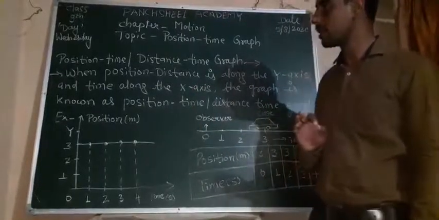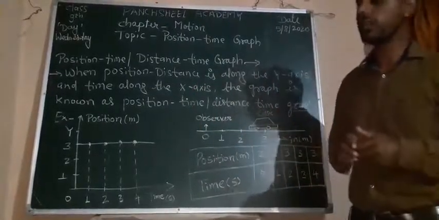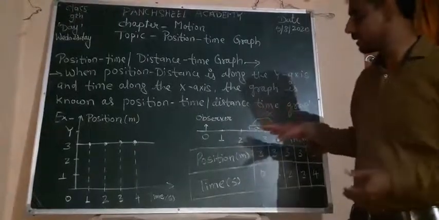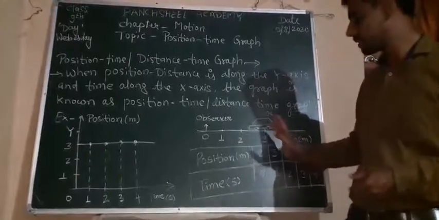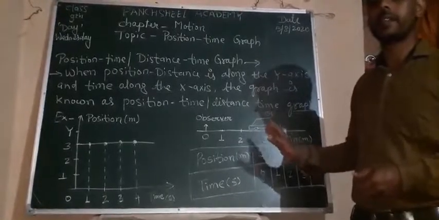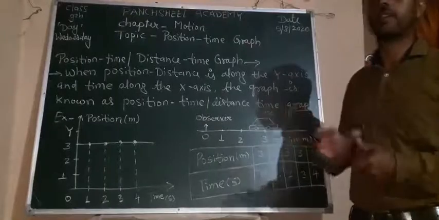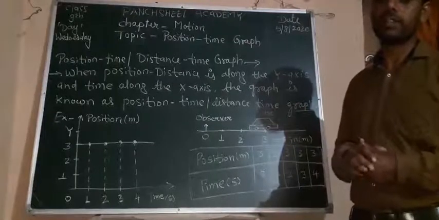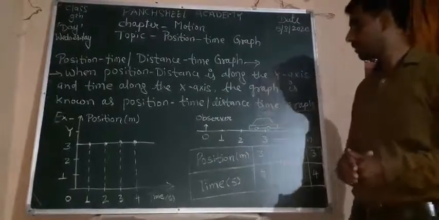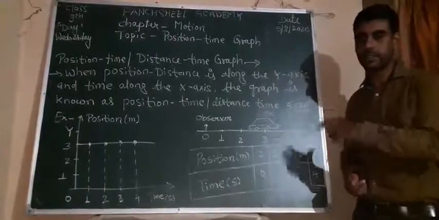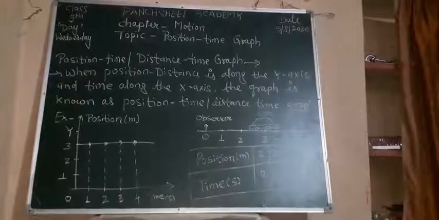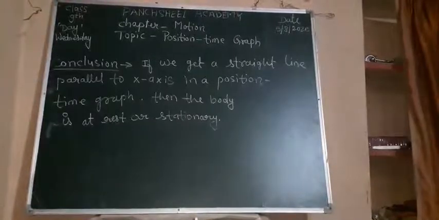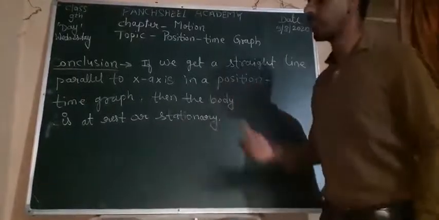It means, what is the important conclusion? The important conclusion is that if the time is increased but the position of the car is same, then we can say that the car is at rest or in stationary condition. So please draw this. Please write the important conclusion